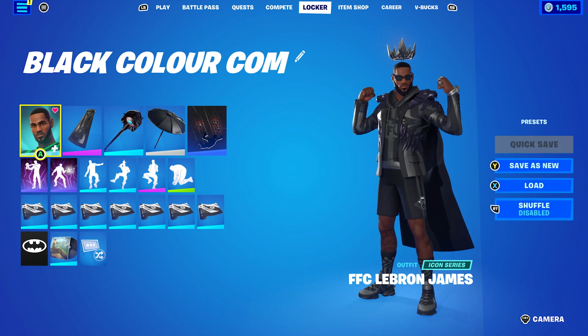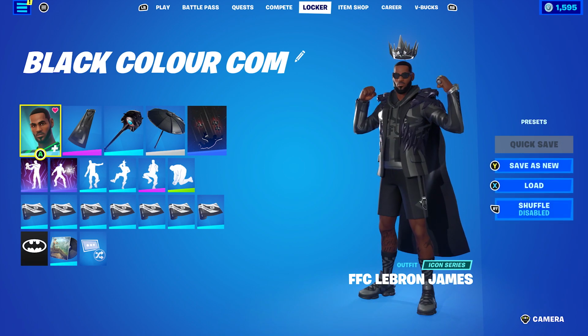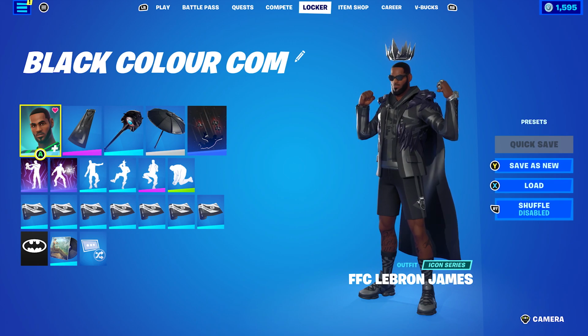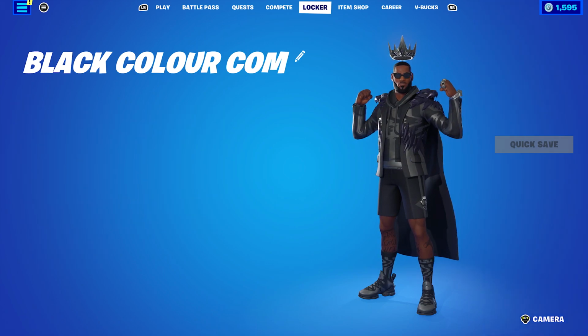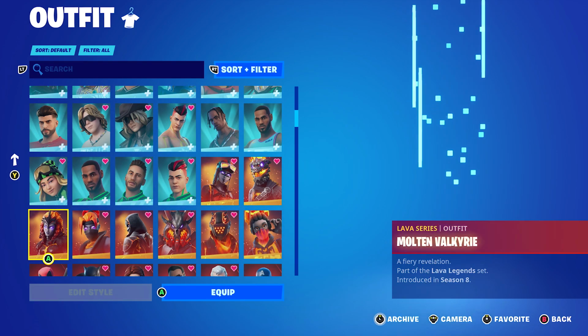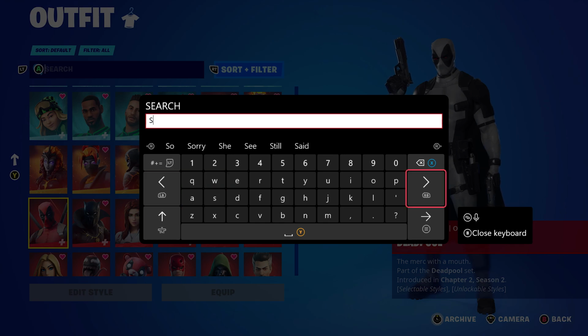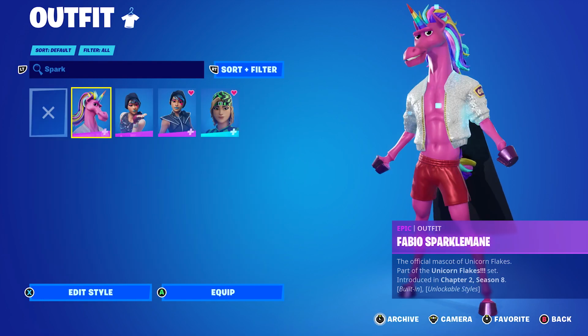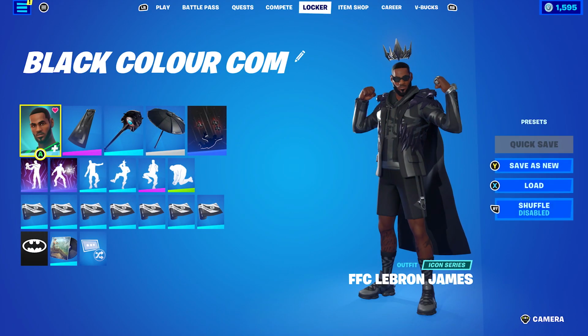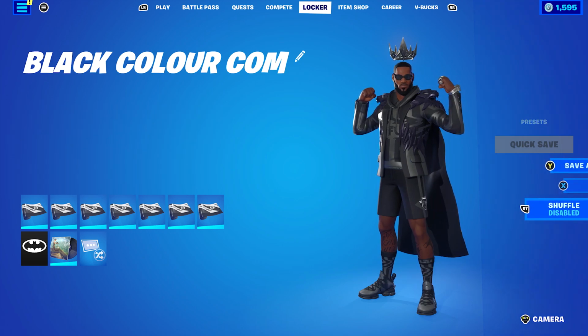I decided to use one of the FFC skins, FFC LeBron James. Basically, you have the Fortnite Football Club. It's basically what the FFC stands for. You obviously have LeBron James, you have Neymar Jr., you have the Graph G, you have Chloe Kim, and you also have Sparkplug, FFC Sparkplug. So you can use any of those you like. And basically, this is one here, FFC Sparkplug, but I decided to go with FFC LeBron James, and I'm using